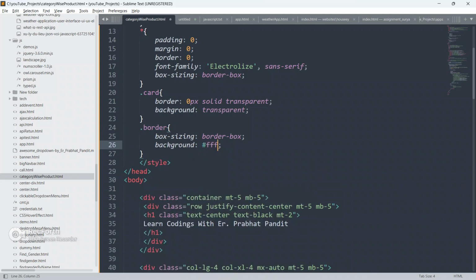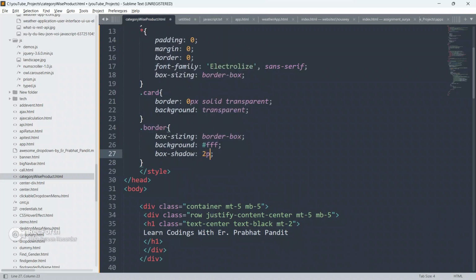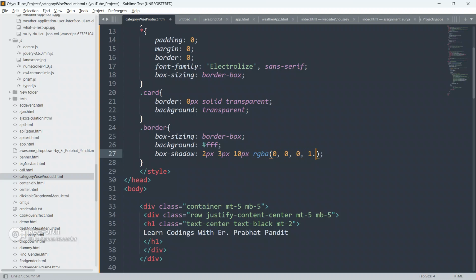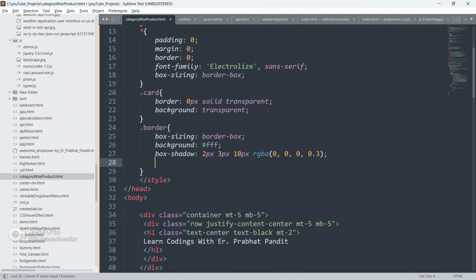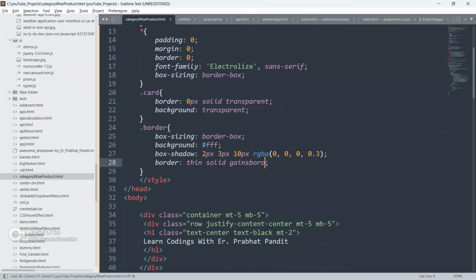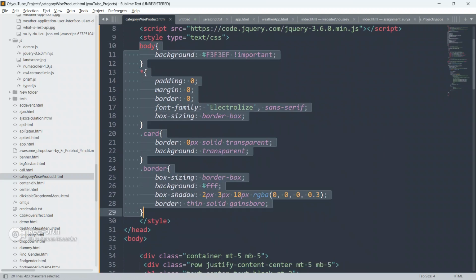Give box-sizing as border-box, background color as white, box-shadow as 2px 3px 10px RGBA, just change the value of opacity to 0.3, and give border thin solid Gainsborough. And done, we're done with the class.